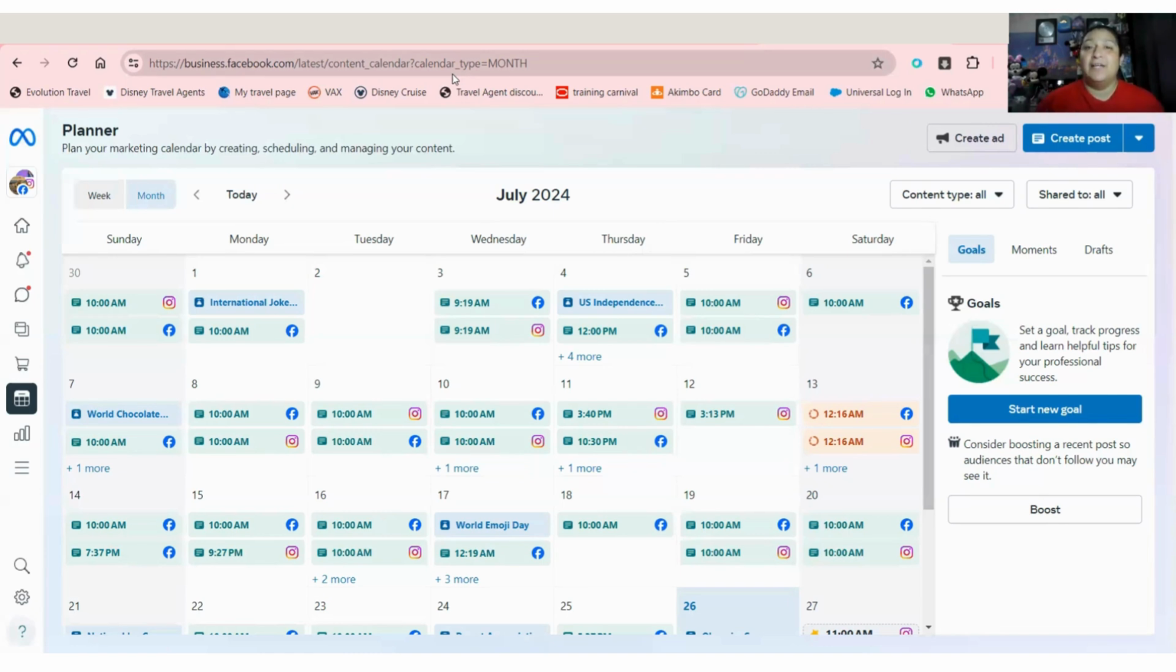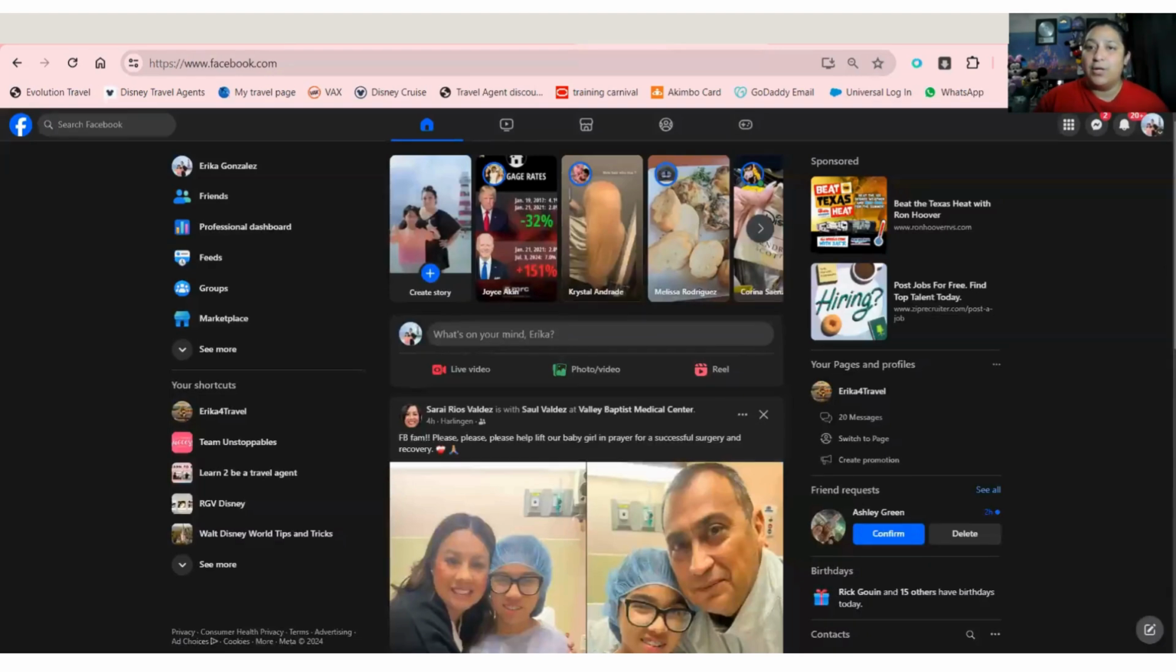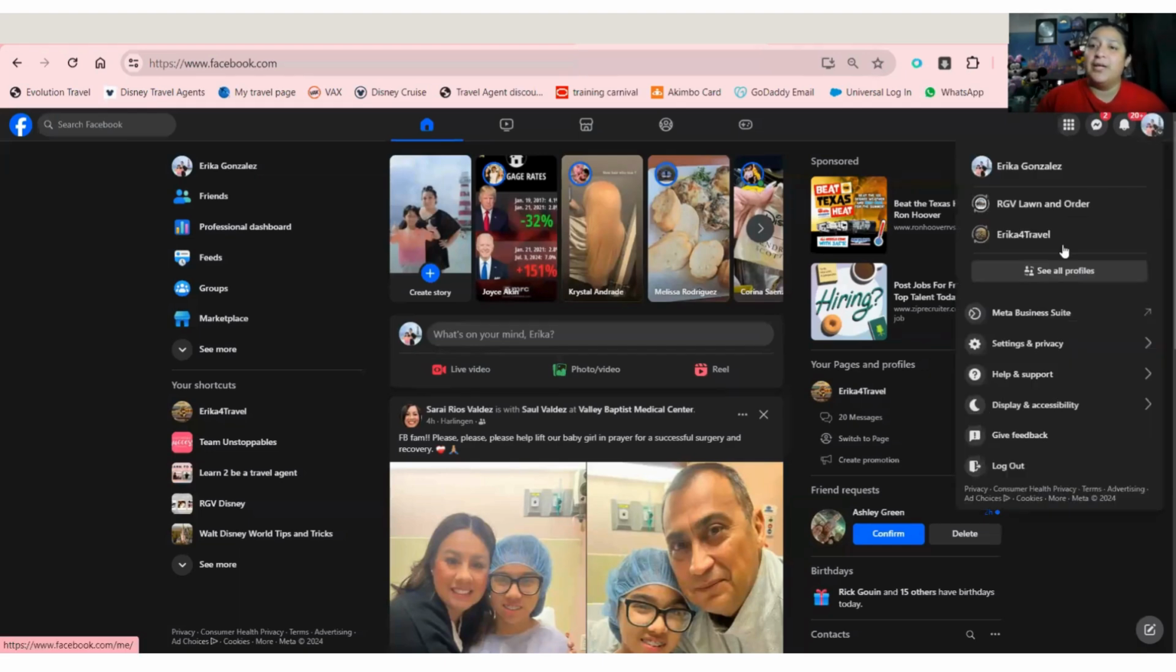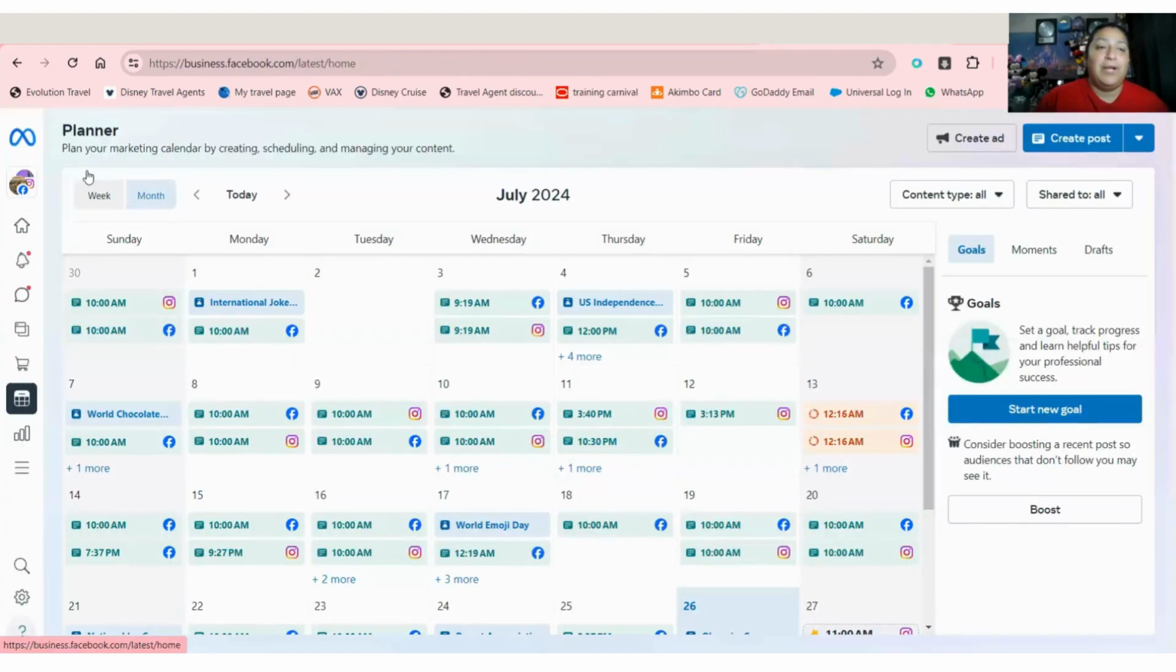If you don't know how to get there, you can normally go into your regular Facebook, right? Then just click right here on your account and hit Meta Business Suite. Once you do that, it's going to send you to this section right here. It's going to look like this. On the left side, the only thing I want you to do is just click